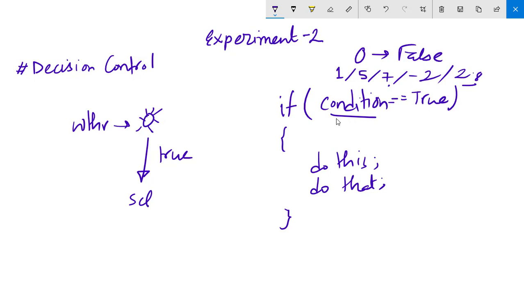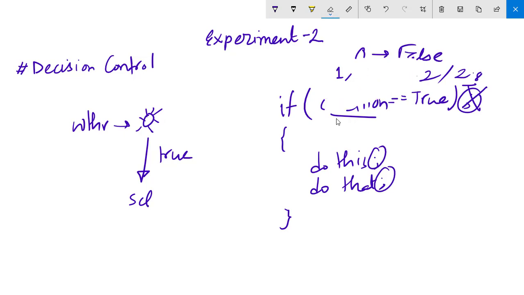So the structure is very simple. If, in the brackets the condition we want to be true, then curly braces, inside the curly braces one tab, then do this, do that, and of course don't miss the semicolons here, and of course don't put semicolons here. So this is a simple decision control structure with only one if.